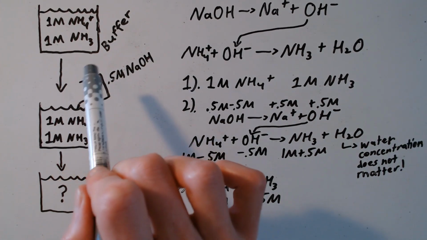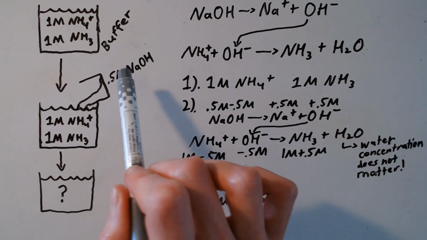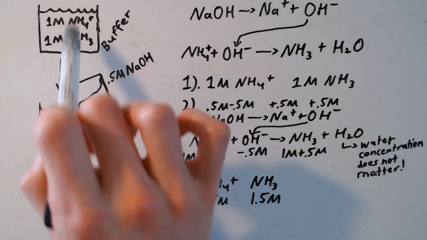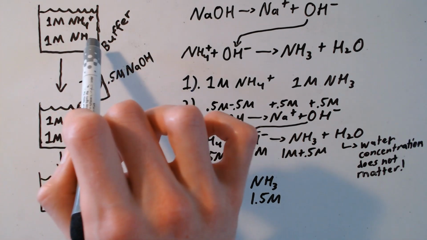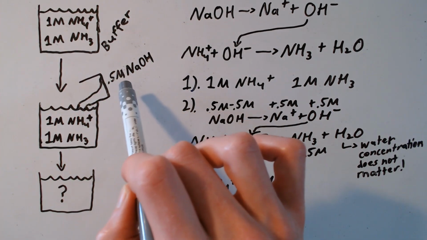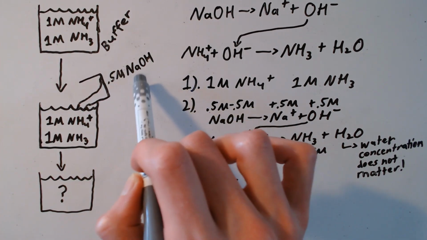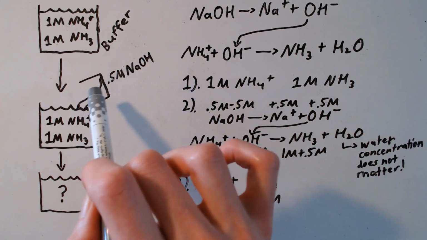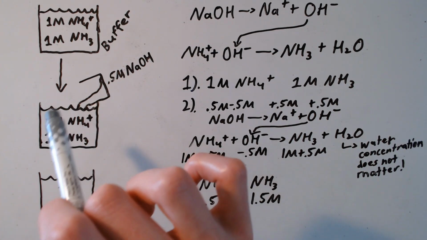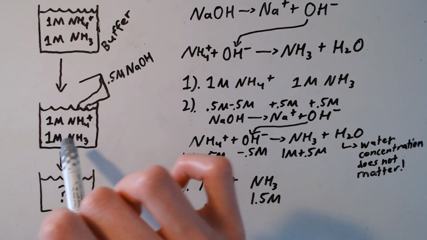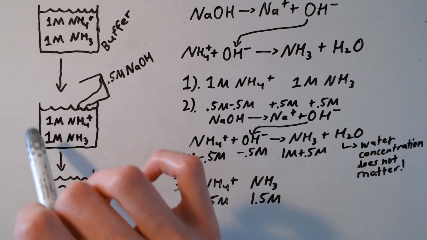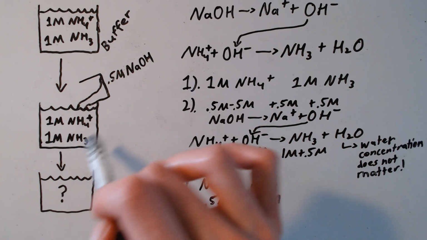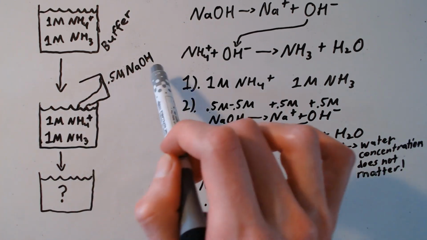So let's say that instead of adding a strong acid like that 0.5 molar of HCl to this buffer of 1 molar NH4 plus to 1 molar NH3, we add a strong base instead, 0.5 molar of NaOH, sodium hydroxide, a very strong base. And we add it to this 1 molar NH4 plus solution and 1 molar NH3 solution. They're combined together, there's a buffer. And let's see the effects on the pH and how this buffer resists the changes in pH that NaOH would